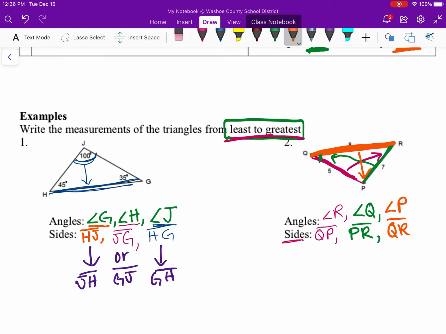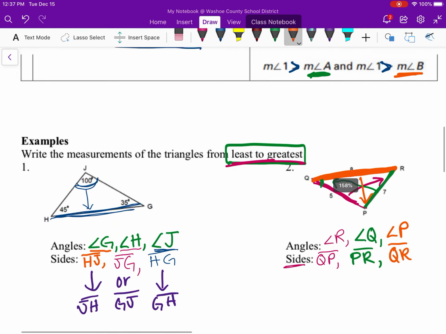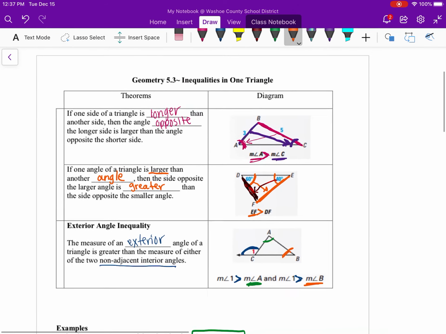Okay, so just the main thing with this lesson is knowing that the longer the side, the bigger the corresponding angle, and the shorter the side, the smaller the corresponding angle, and so on. So always look across at the corresponding angle and the corresponding sides with this section. And that is it for